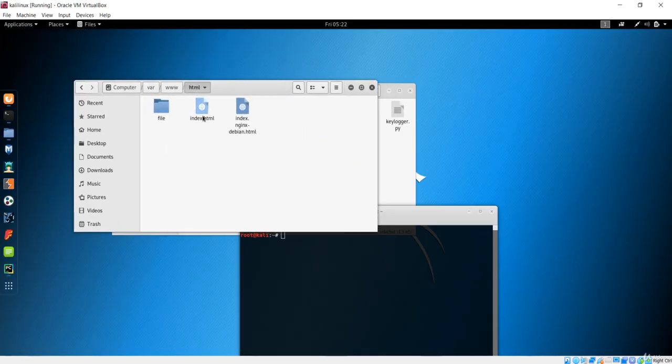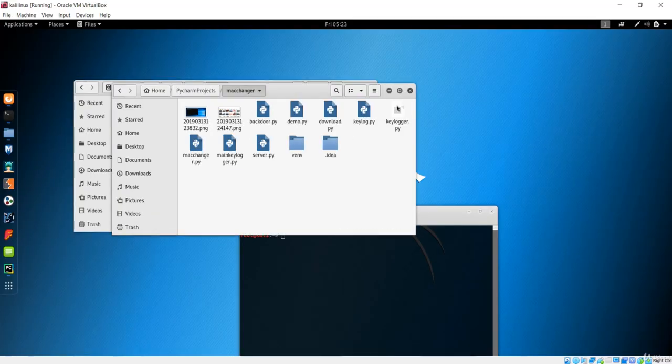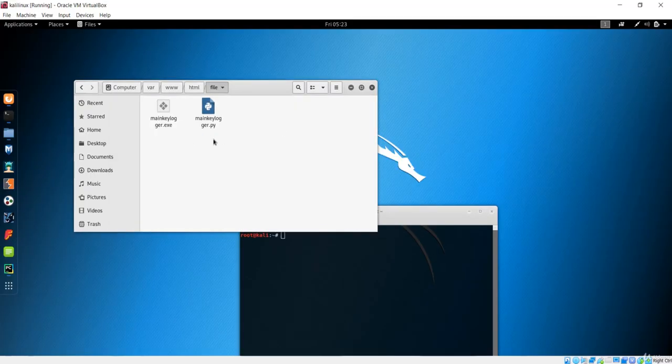You can see that it has the index page and it has this engine too, and I have created a new folder. In order to create a new folder, you simply right-click over here and press Shift+Ctrl+N to create the new folder, and create the file with the folder name. Let's go to this file, and I want to paste our main keylogger over here, and this is the same Python file that we just created from here. So I have just copied that, and now we are in this folder of our web server.